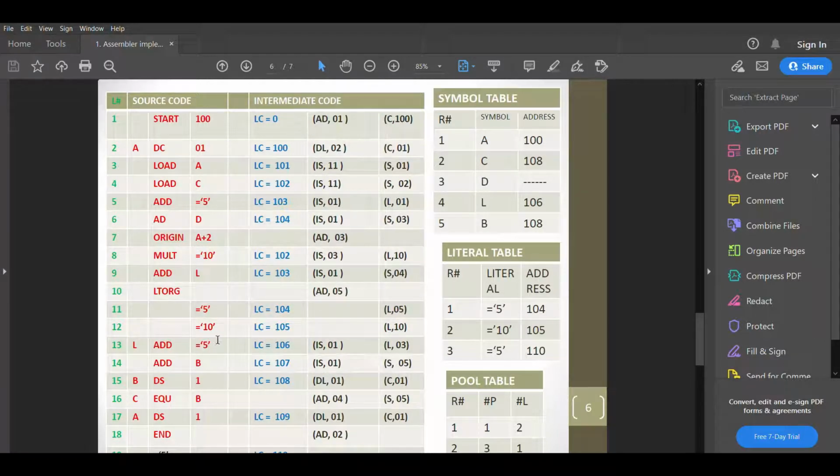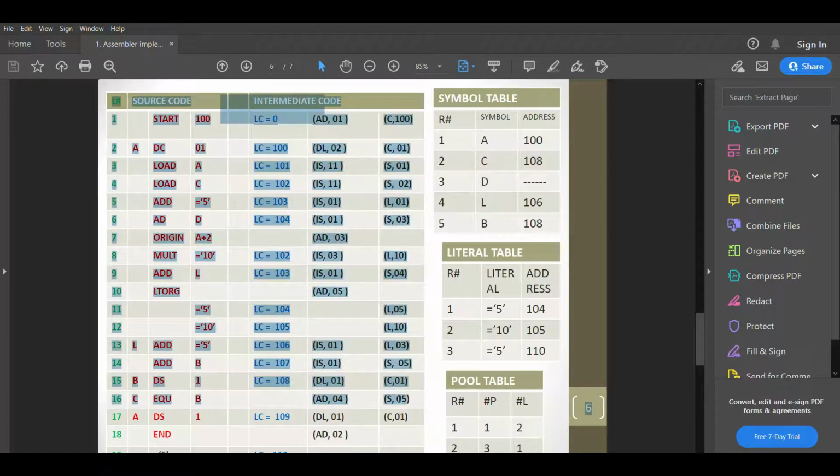The literals don't take an address for themselves, but literals require an address, meaning assembler directive. And here is the pool table. There are three literals, so the pool table is 2. The first pool is from 5 to 10 and the second one is 10 to 5, and this is the intermediate code.